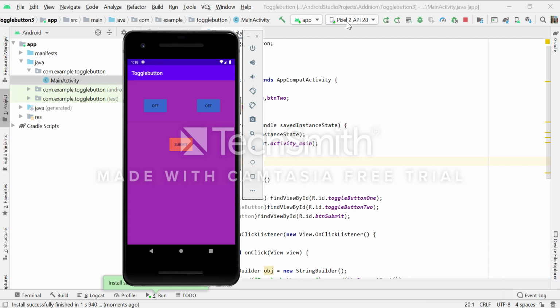Here I have used the Pixel 2 API device to check whether these toggle buttons are working in a correct manner or not. So I will simply click this toggle button. Now this toggle button is on and this toggle button is off.